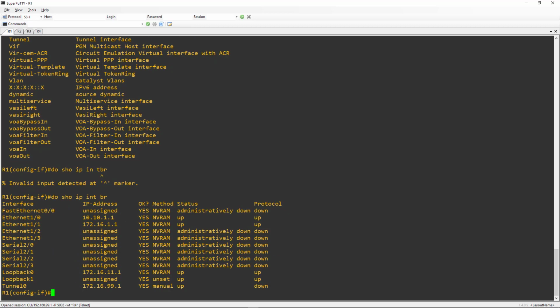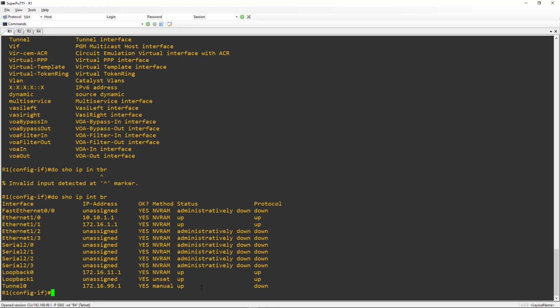And we're going to be using our quote-unquote outside address. Now, to equate this to what you're going to see in the real world, this would typically be our service provider facing interface. So normally this would be some sort of public address, which is routed across the internet and is reachable from the other side. All right, so it's a little confusing in this example because we're using RFC 1918 address space